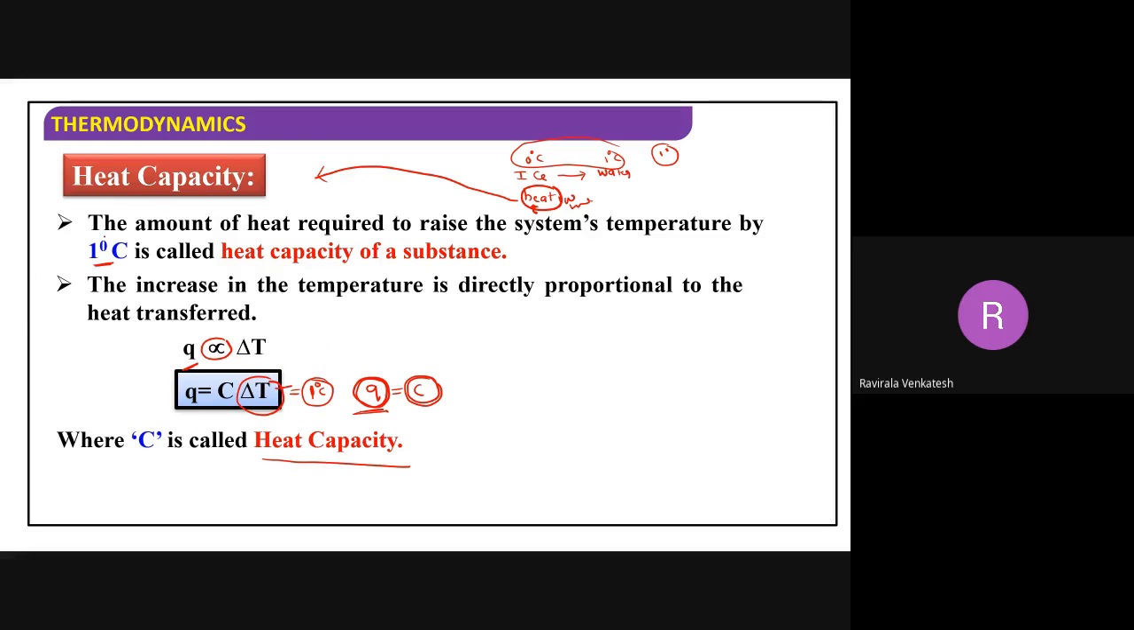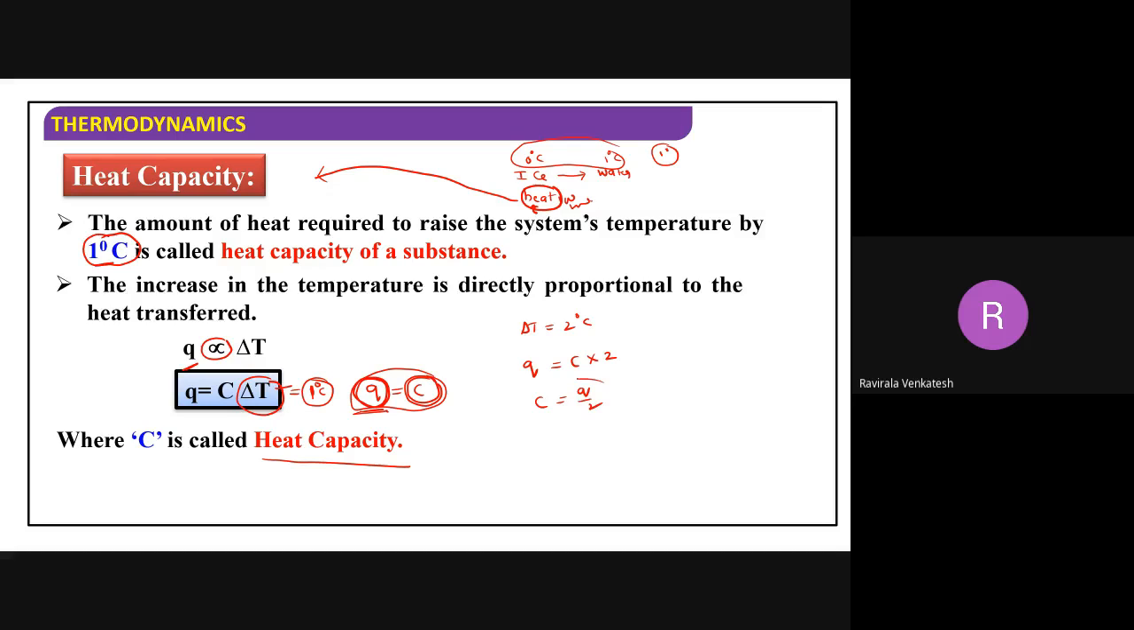So now I think you understand why I have taken 1 degree Celsius. If we take 1 degree, then Q is equal to C, and you can make the definition. For example, if delta T is equal to 2, what happens here? When you supply the heat, the temperature increases by 2 degrees Celsius. In that case, Q is equal to C into 2,